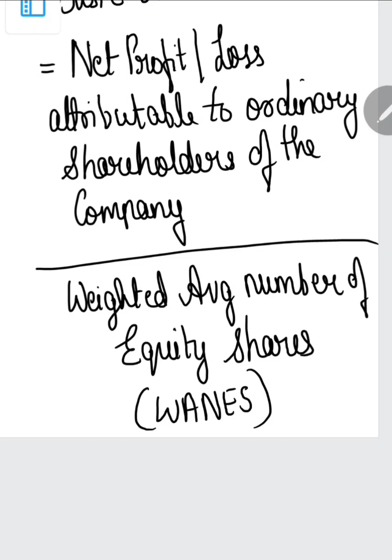So let's further dive into the numerator component of the formula, that is the net profit or loss attributable to the ordinary equity shareholders. How do we arrive at the net profit or loss attributable to equity shareholders? The profit or the loss that is earned by the company during the year,